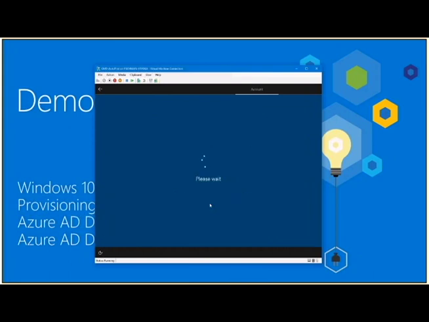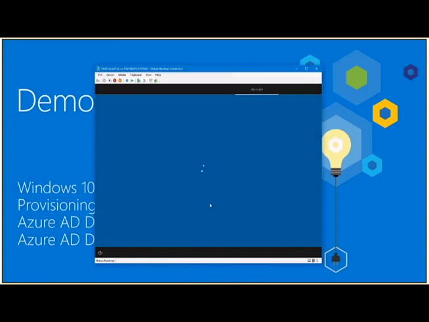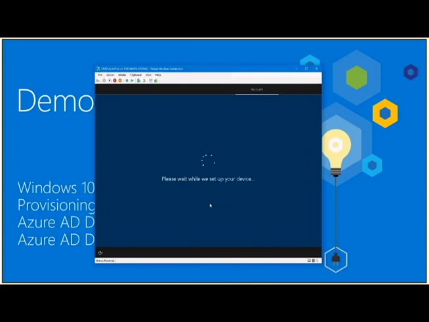And then one of the things we'll notice right away is that it's already tied in, as I mentioned earlier, with multi-factor authentication. Because that's enabled, I actually got the prompt on my phone here to approve that login, and now it's going to continue with that process. Now that I've authenticated to it, it's going ahead and joining this machine to Azure Active Directory and registering it. And then it's immediately going to enroll it in Intune, and then the policies are going to come